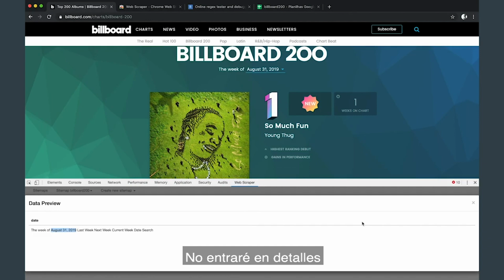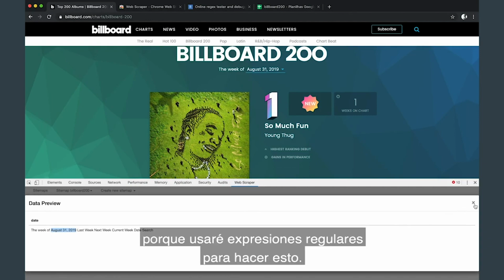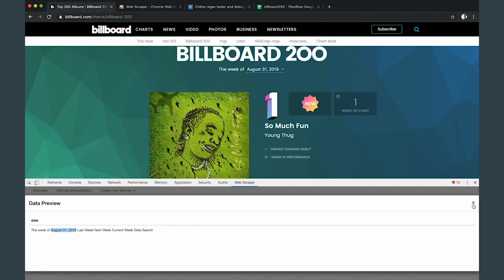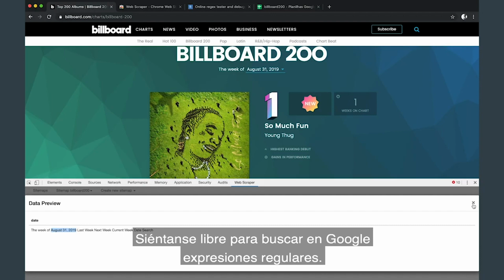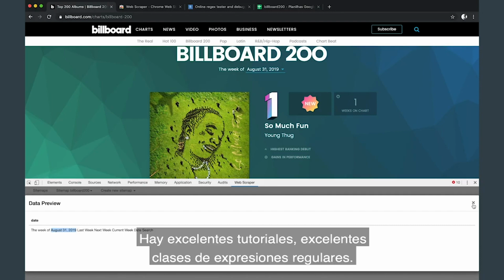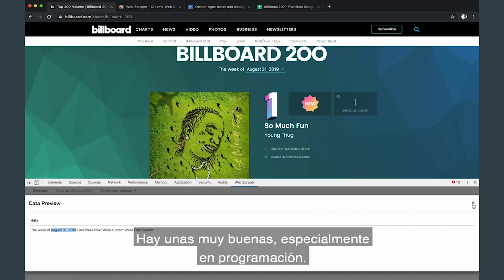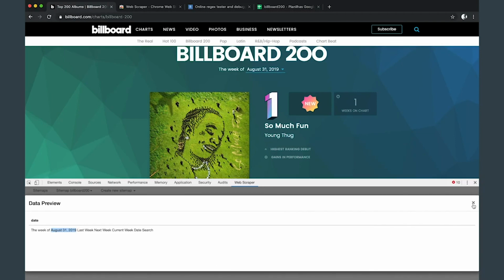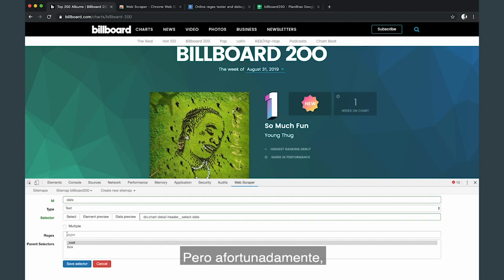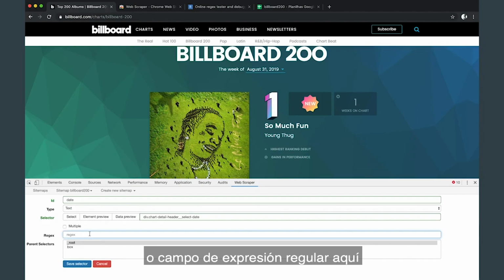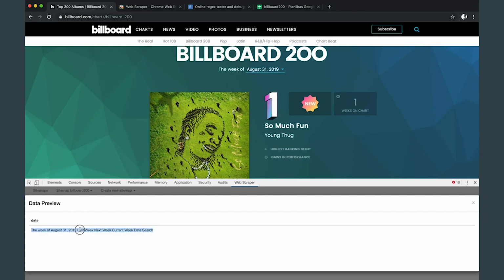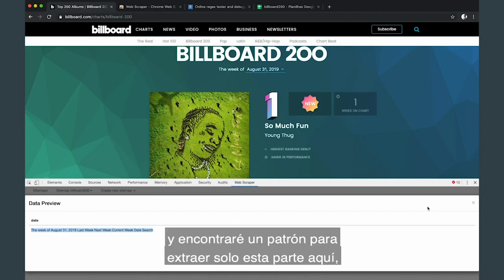I'm not going to go into details because I'm going to use regular expressions to do that. Feel free to Google regular expressions. There are great tutorials, great classes about regular expressions. They're very powerful, especially in programming. But thankfully, the web scraper also has a regex, or regular expression, field here where you can apply regular expressions. So what we're going to do is get all of this and find